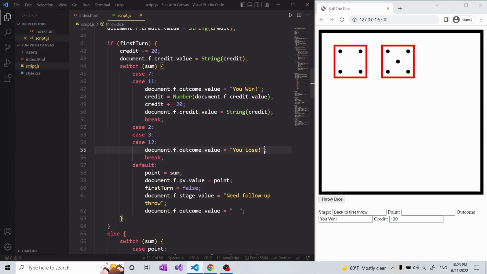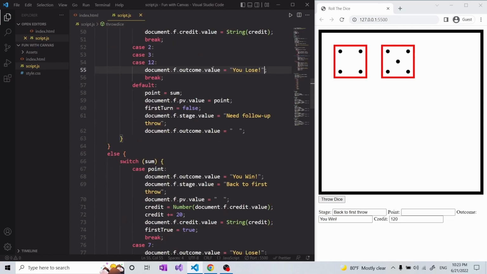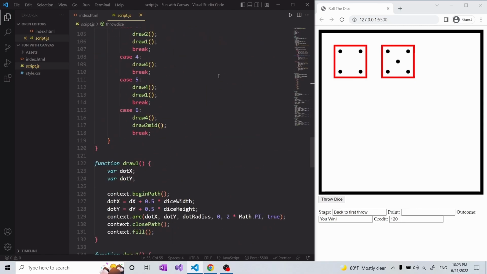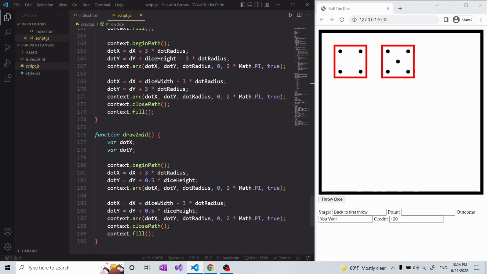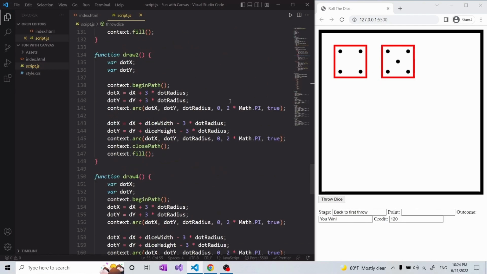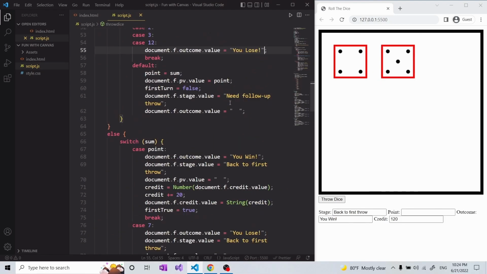So okay, now that is simply everything about the game. You can actually alter the behavior of that game by changing the credit or coming up with a new use of these dice. That's not supposed to be the point or stage or outcome. You have to be creative with that. And yeah, this is actually the game itself. I'm gonna leave